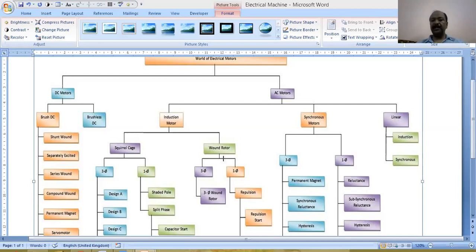Induction motors again have two categories. One is the squirrel cage, and the second one is the wound rotor. Squirrel cage indicates a cage. There is a stator, and there are different types of rotors. The rotor structure is defined as a cage, which means it works like a jail, and all the windings are short circuited with each other. So there is a short-circuit connection